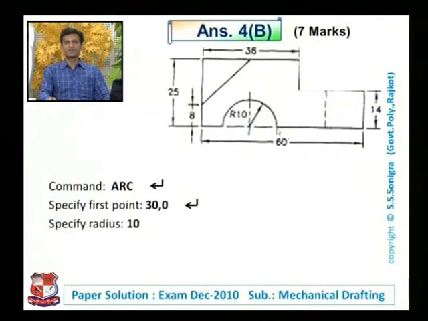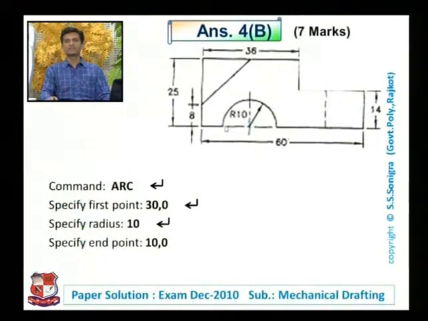After that, specify radius. The radius of this arc is known to us, that is 10 millimeter. Enter. Then specify end point. End point means this point. So it will draw the arc from here to here, and the coordinate of this point is x coordinate 10, y coordinate 0. So 10, 0, then it will draw this arc. So the arc is drawn, enter, and next command,